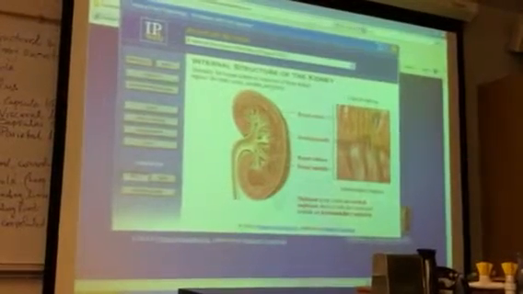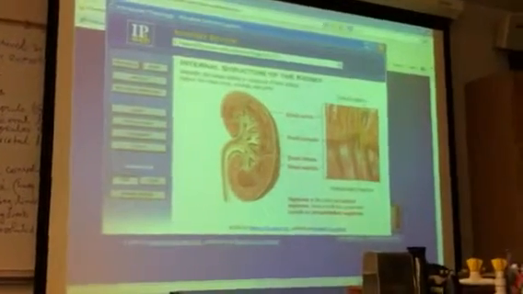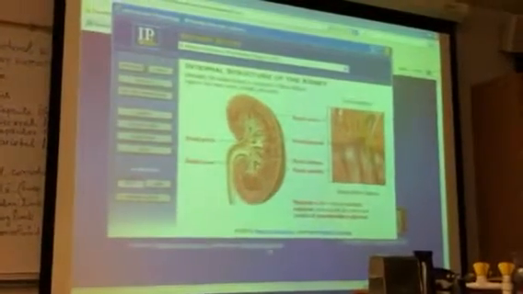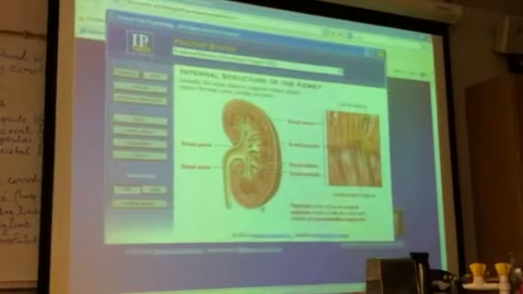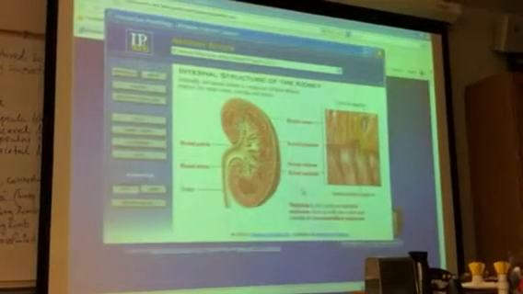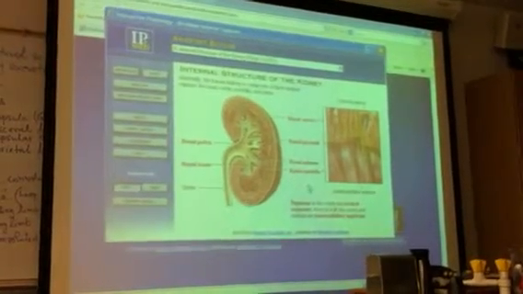from the outer cortex. The third region includes the funnel-shaped renal pelvis lying within the renal sinus. The renal pelvis collects urine from the pyramids and conveys it into the ureter for passage to the urinary bladder.